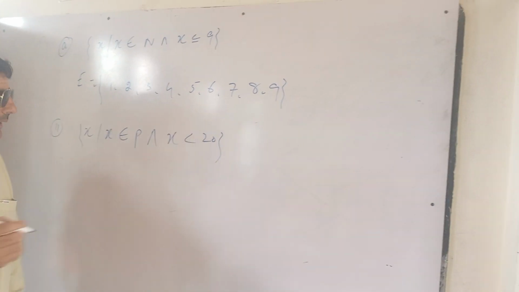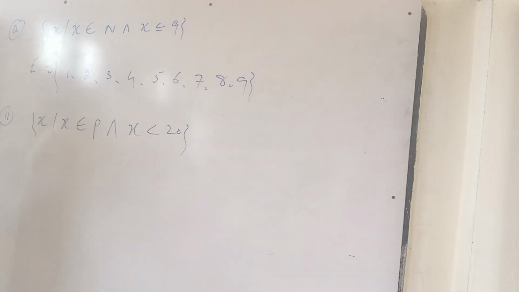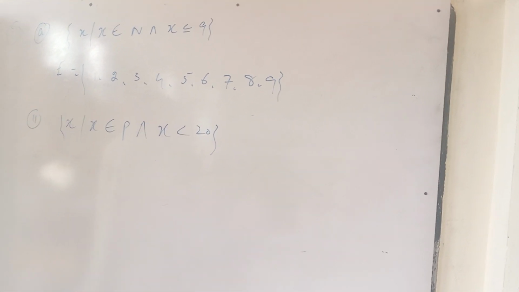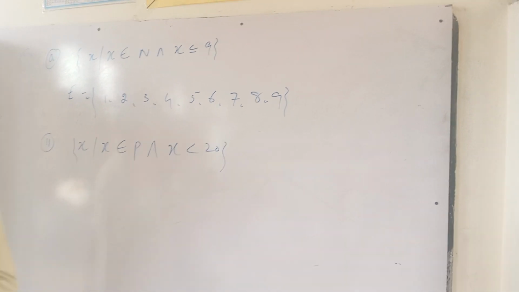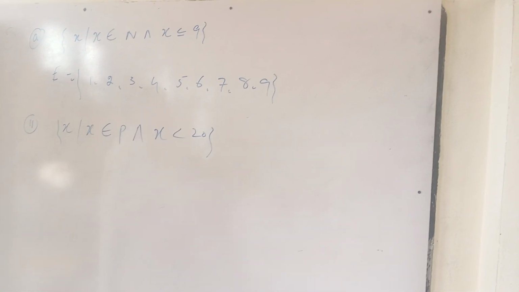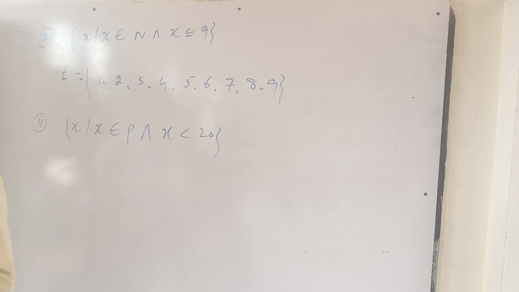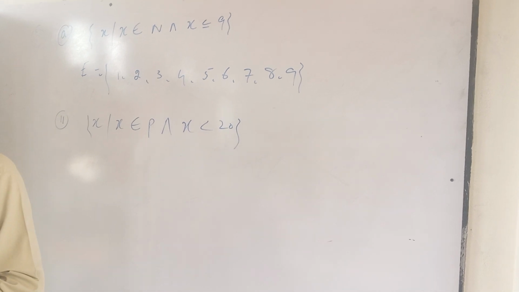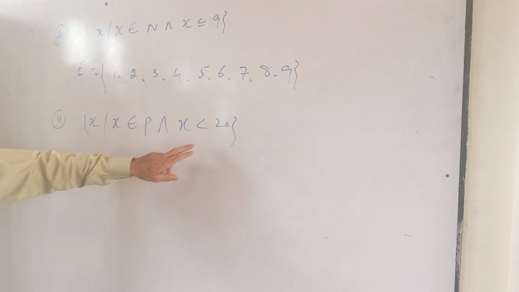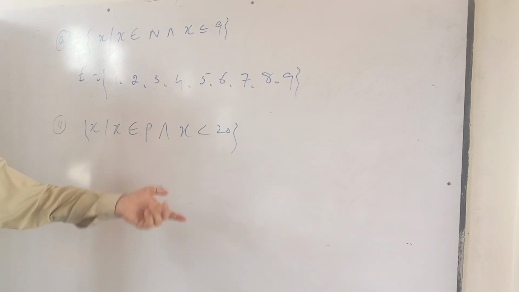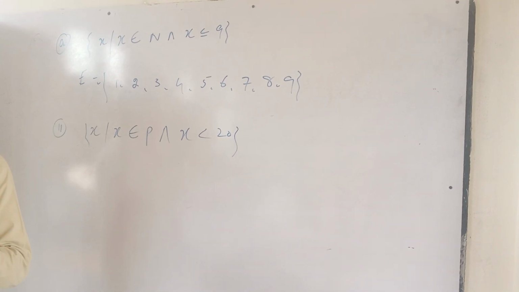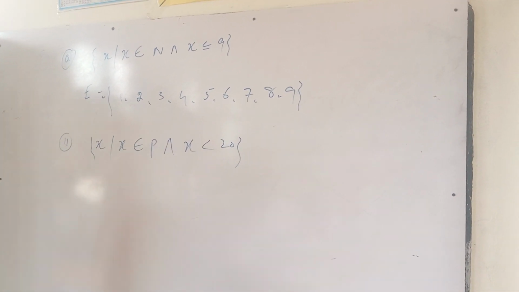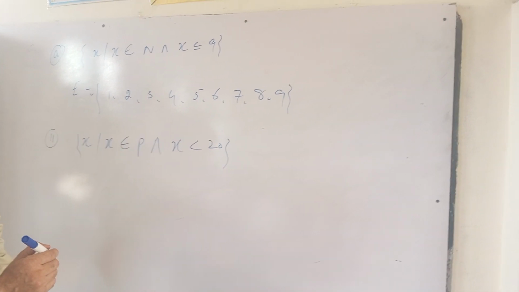In tabular form, I shall write it as P represents the prime numbers, and prime numbers are those numbers which have only two factors. That is one factor is 1 and the other factor is itself. That is, those numbers which are divisible by 1 and by itself are called prime numbers. So here in the statement, the set of such numbers which are prime and less than 20. So P is equal to